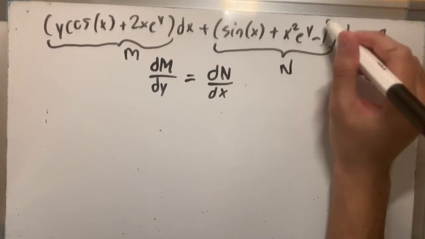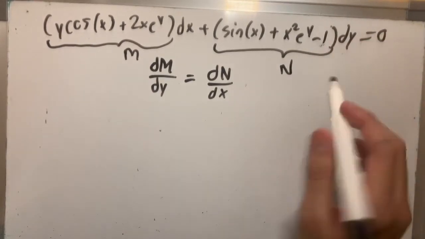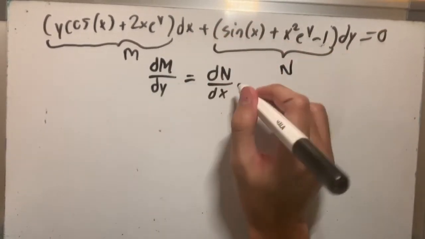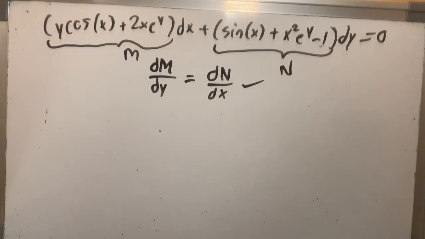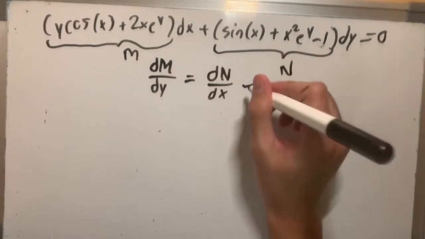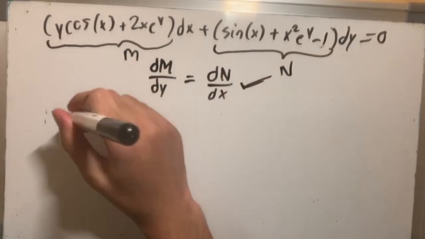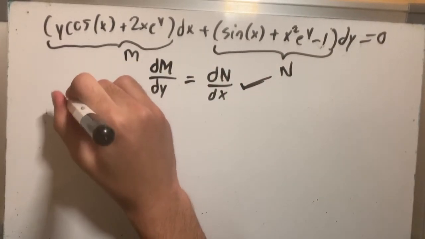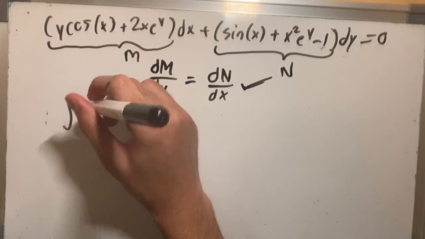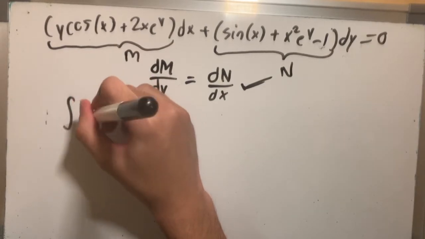It may have looked like it was in the exponent, but it wasn't, and then that'll just go away too. So they are equivalent, so they do check out. So once we know that they check out, we have to find the integral. So we know that they are exact. That's done. Once we do that, we have to find the integral of